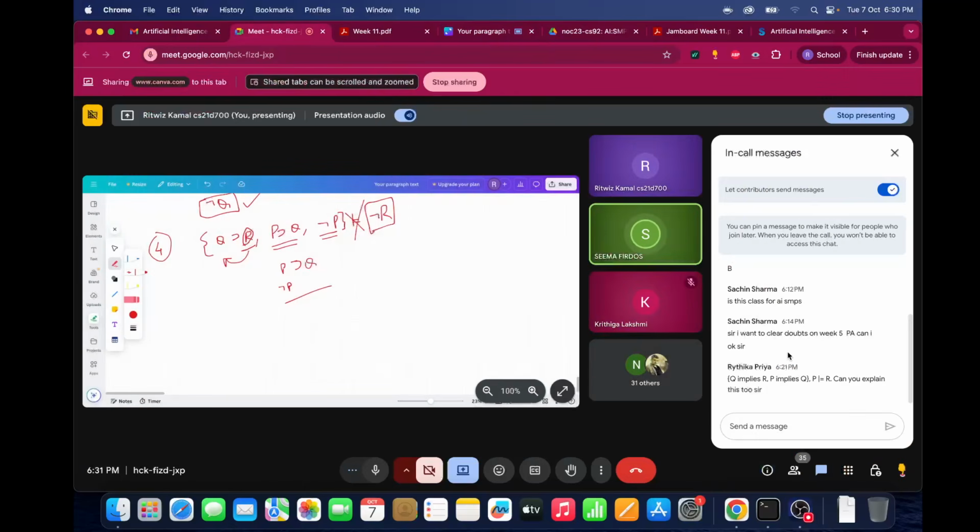Q is dependent on P, right? So if it is not of P, it can be not of Q also, right? No. If P implies Q and P, then we can say that Q is true. But if